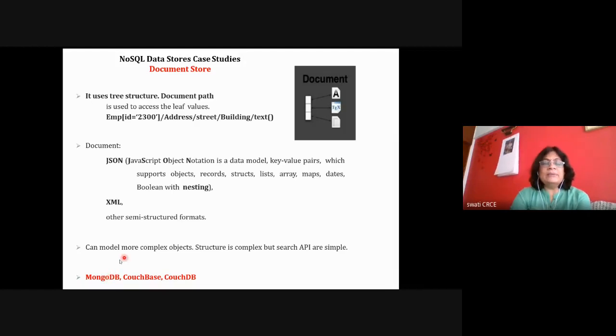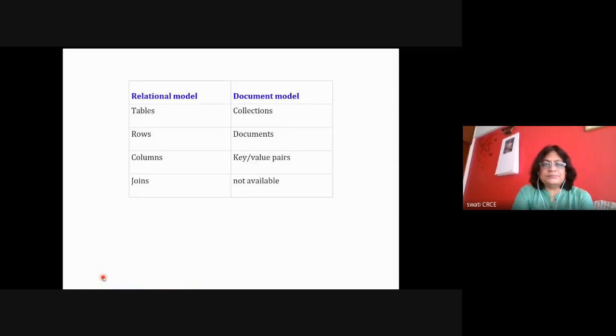In the exam, they ask you what are NoSQL data stores and to explain two data stores in detail. You can select any two data stores. If you select a document store, then you write down these features and then explain MongoDB as a case study. Or sometimes they specify the names of the data stores that you have to explain with the help of examples. So you need to prepare all four data stores thoroughly. There is always a question for 15 marks in the exam.